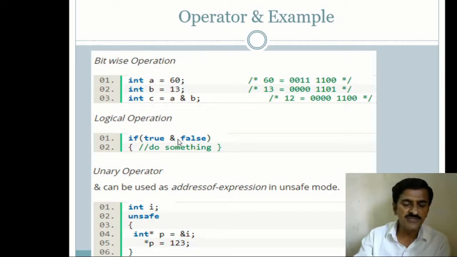So the single AND can also be used for logical operations, as we have discussed earlier, and it can also be used as a unary operator. In the case of unsafe pointers in a program, C# doesn't allow using pointers directly, but you can use pointers in an unsafe block. You have to define the unsafe block in the program, and then you can use pointers in C#. When using pointers in an unsafe block, you can use the ampersand operator for getting the address of a particular variable into a pointer. We can use the single AND operator also.